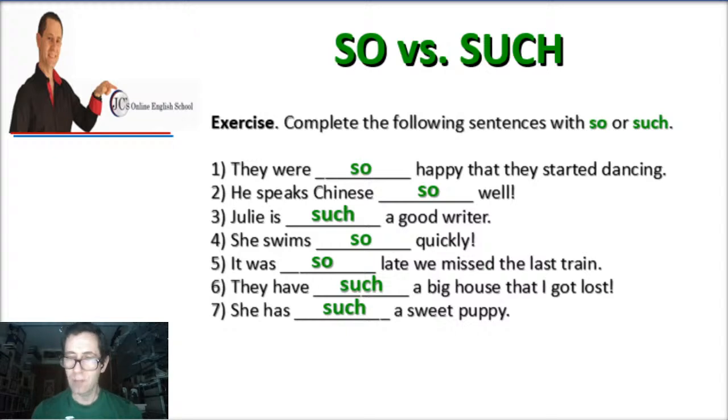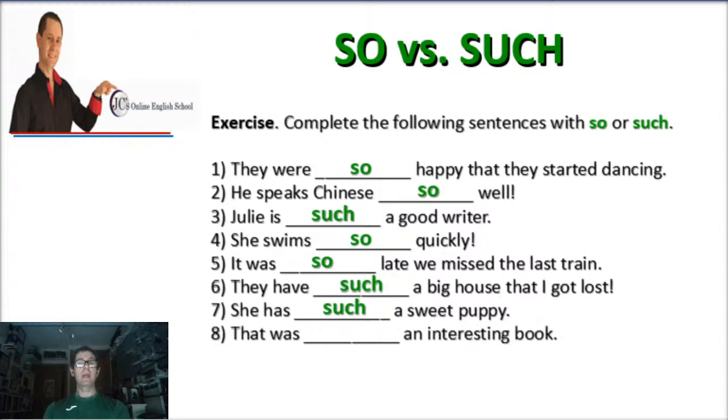So the correct one for number 7 is such. Jose Maria, you were correct with number 6. Rosa, your number 7 is correct. Such a sweet puppy. Again, when you have a or an, it is always going to be such. Don't forget. Heider, you're right. She has such a sweet puppy. Number 8 now. That was an interesting book. Because we have an, the correct answer for number 8 is